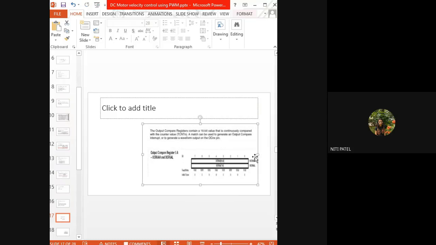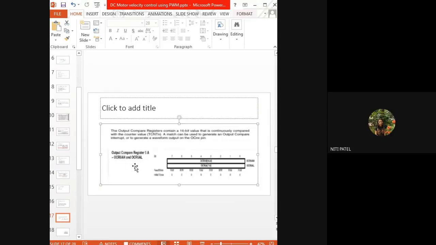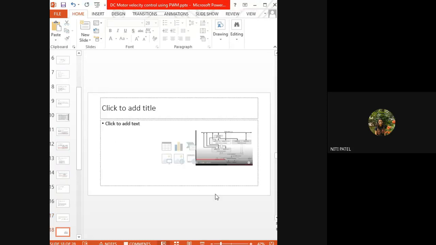Yes, ma'am. Now see this diagram. As we said that our compare register OCR is of 16 bits. So see, these are the lower 8 bits, the bottom line, and the above are higher 8 bits. So since signal generated is only of lower 8 bits, we use only that lower 8 bits. Now let us understand this diagram, which is more important.